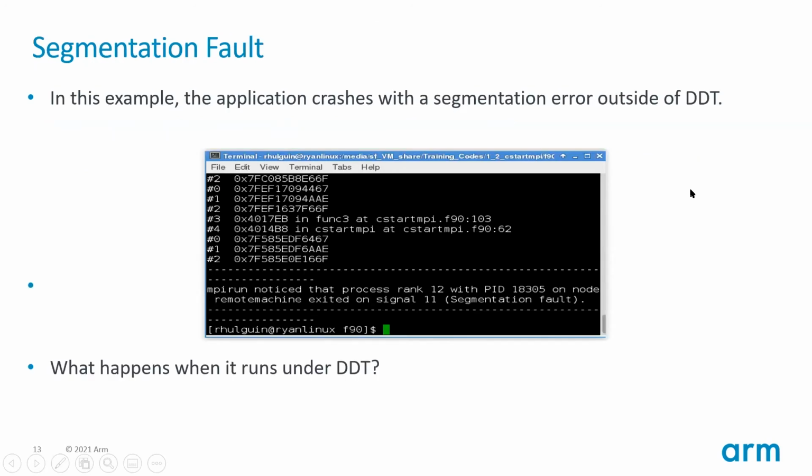One of the most typical problems that you would use a debugger for is trying to figure out what caused a segmentation fault. A segmentation fault means you probably touched memory that you shouldn't have, at which point the program refuses to continue further. This is what happens if you run it outside of DDT: you just have an exit on signal 11 due to a segmentation fault, and that doesn't tell you a whole lot. But when you run it under DDT,